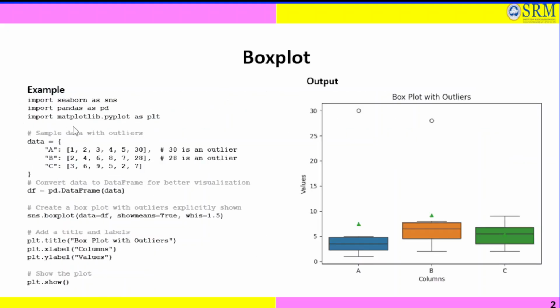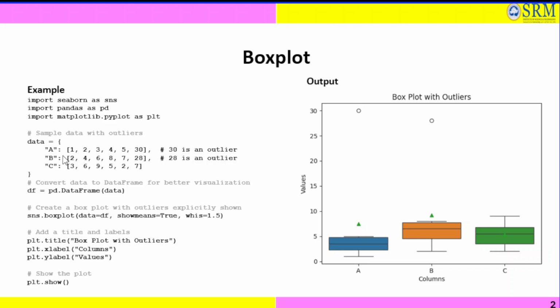Now we see the example. As in the first example, we discussed some data points within the range of 1 to 15. But here, in order to tell you in detail about the outliers, I have added some points outside the range of A, B, C, which are 30 and 28, to mention them as outliers. As you have fed in the data similar to the first example, just feed it in and show the box plot, with the whisker range equal to 1.5, and set the title.